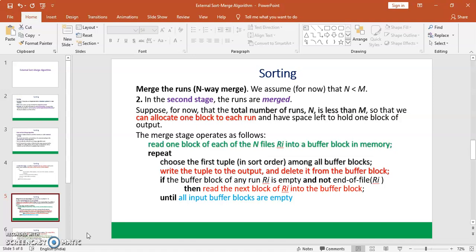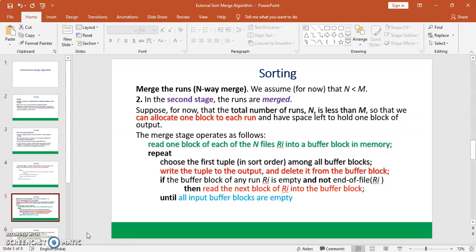If the buffer block of any Ri is empty and it is not the end of file, then we read the next block of Ri into the buffer block, so we pass on to the next run. This continues until all input buffer blocks are empty.